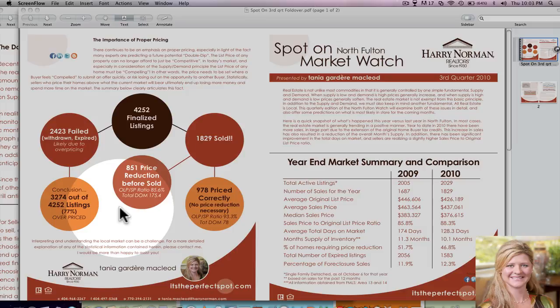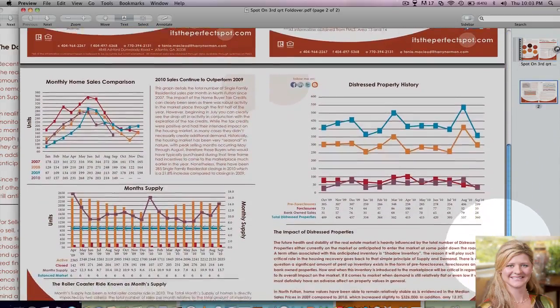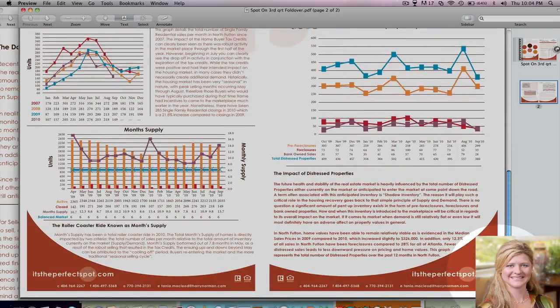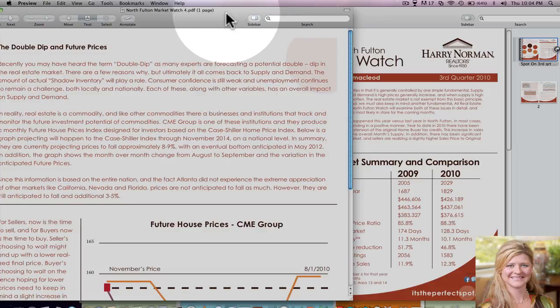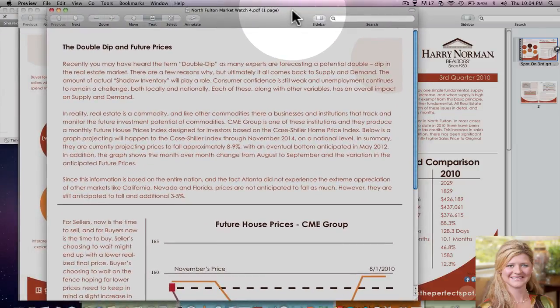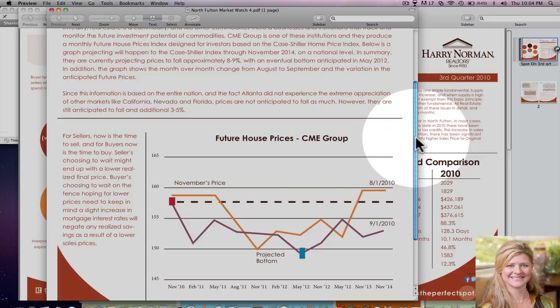If you want this full detailed report, it's a four-page fold-over. I've got some graphs in here showing you the distressed market and how that's played on everything. And I've also got another insert that talks about the double dip and what you can expect. A lot of the accounts say that we're expecting another 8 to 9% drop before the anticipated bottom in May 2012. It was 2011, now it's gone to 2012 for when they expect the home market to bottom out